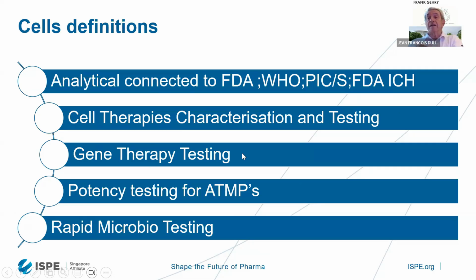Gene therapy testing as well is very specific. Potency testing for ATMPs: I will not go into the different methods, but we can find that in the different guidance. And we have as well a move into rapid microbial testing to be sure that we can release the